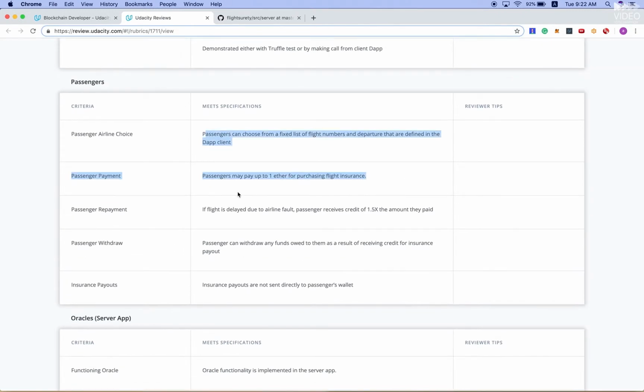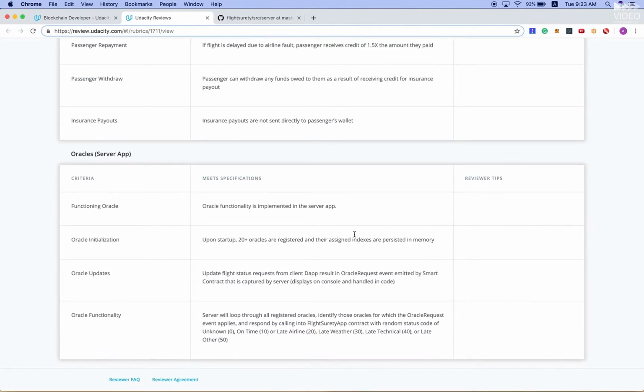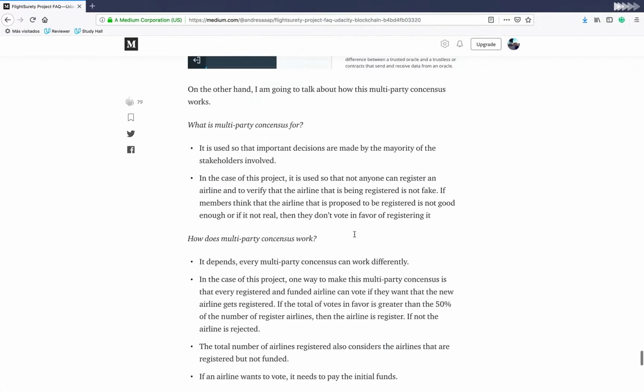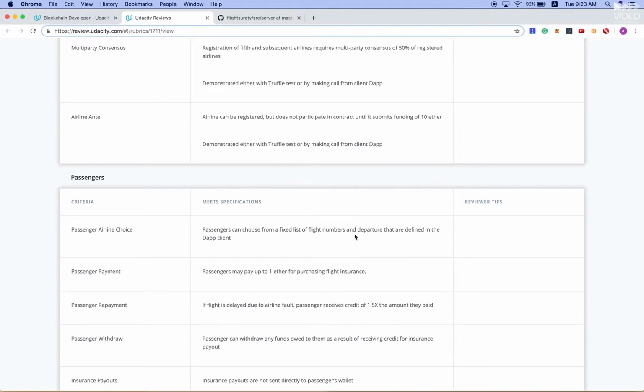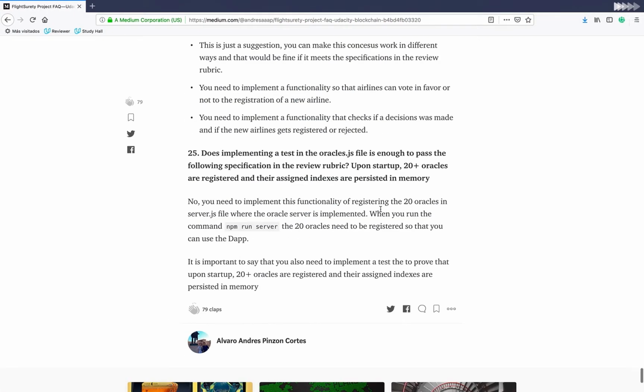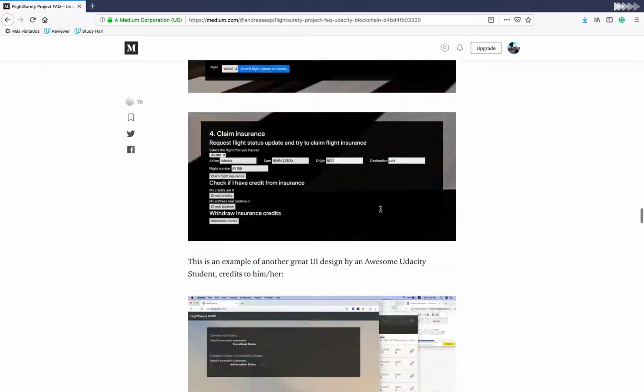Okay, this functionality I also suggest that you implement in the UI, although it is not required. I really suggest that you implement it to prove that everything works okay. So okay, guys, apart from what I already told you, I want to mention some other important questions in the FAQ.